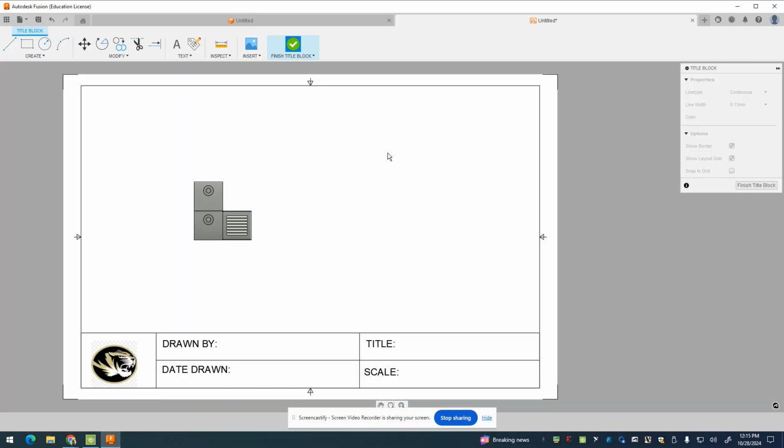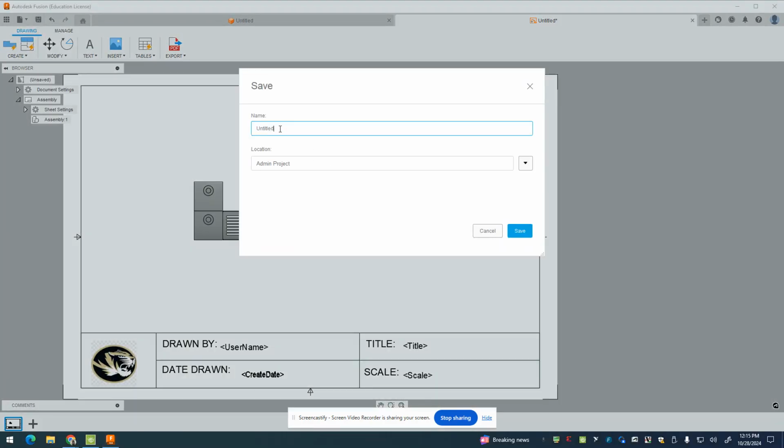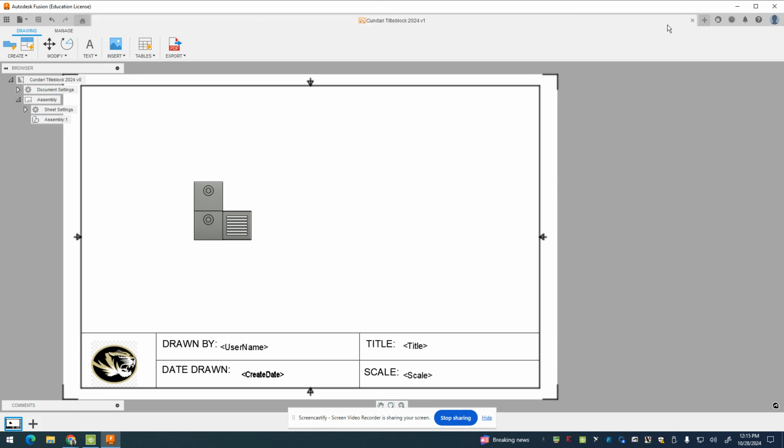Then I'm going to say finish block, and I have this, and I'm going to go to save, and I'm going to say Kandari title block 2024. Okay. And then I'm going to hit save. So what you're going to turn in to me is not this. What you're going to turn in to me, if I did everything correctly,